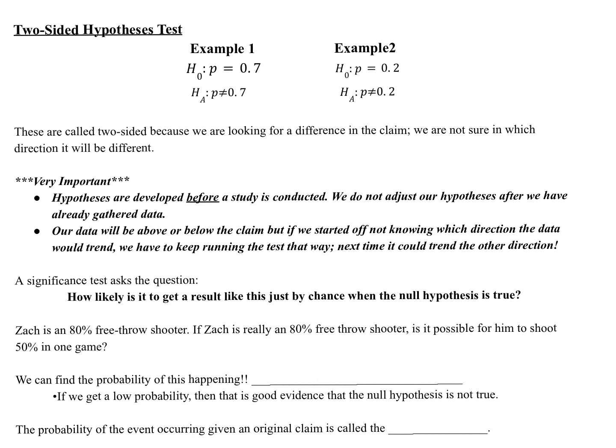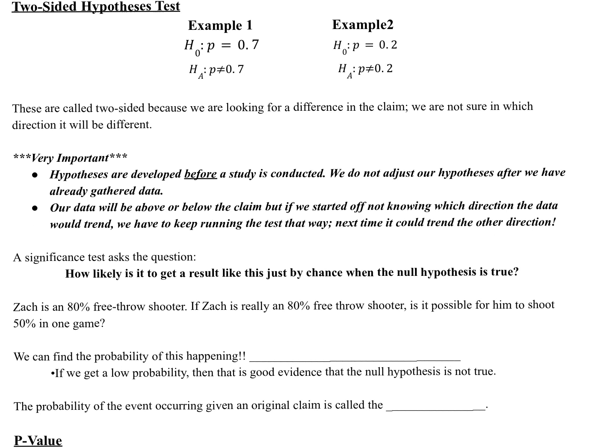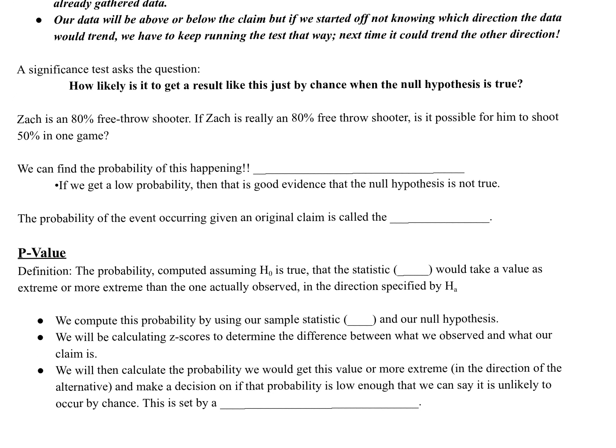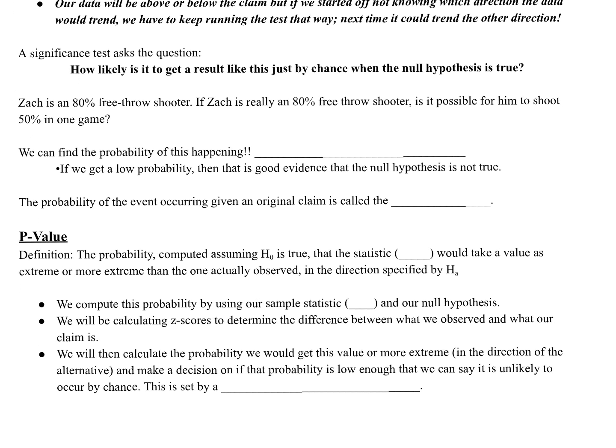And the more likely it is versus the less likely it is allows us to reject or fail to reject our null hypothesis. So let's go ahead and look at another example. We have Zach, who is an 80% free throw shooter. And if Zach is really an 80% free throw shooter, we want to know, is it possible for him to shoot 50% in one game? So we could actually find the probability of this happening,